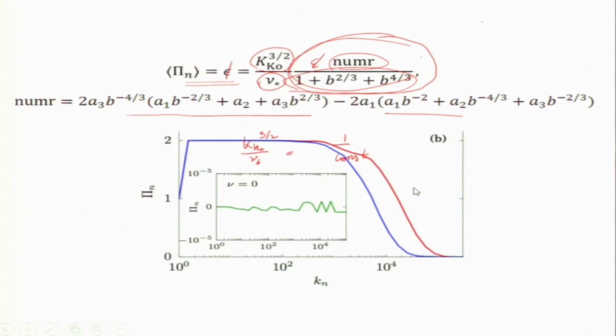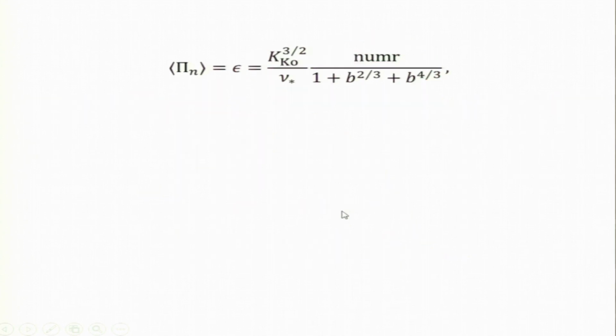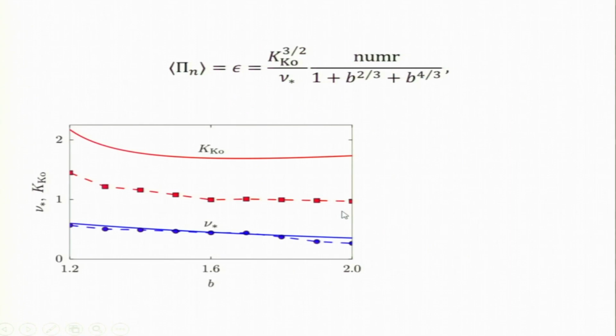This is a numerical simulation showing that flux is indeed constant, which matches the field theory prediction. And I can compute the Kolmogorov constant by the same method for different b's, and according to theory it is around 1.7, this is 1 and this is 2. So, it is around 1.7. Of course, for small b, this b prefactor, well b is the ratio of k n plus 1 by k n.